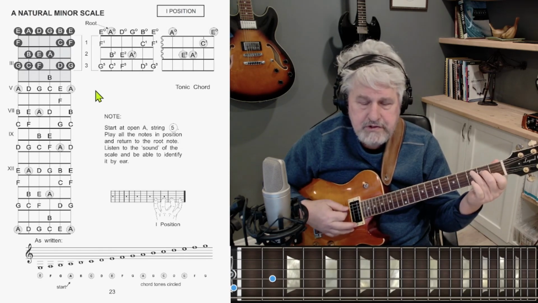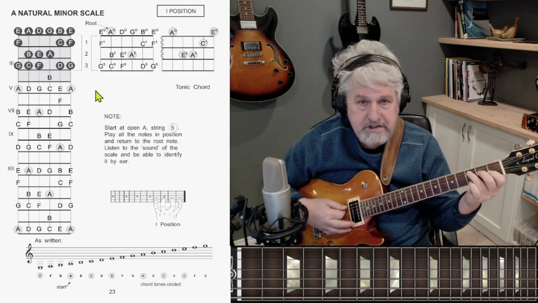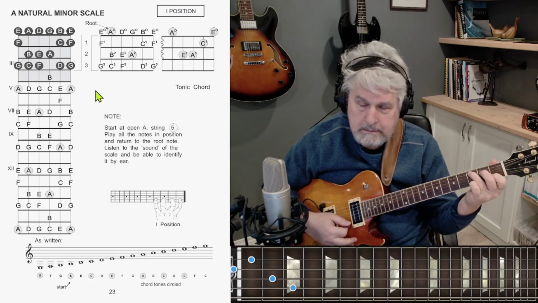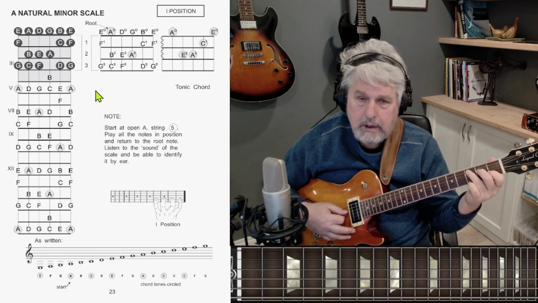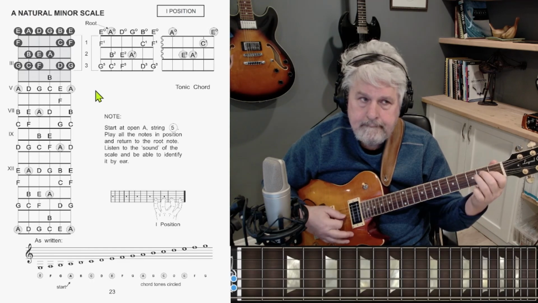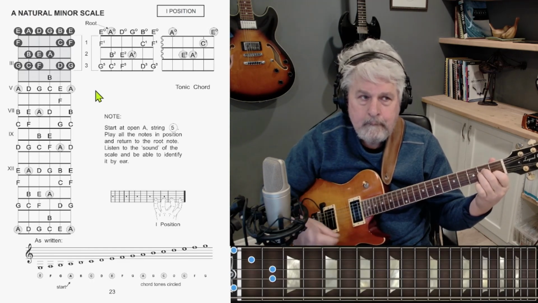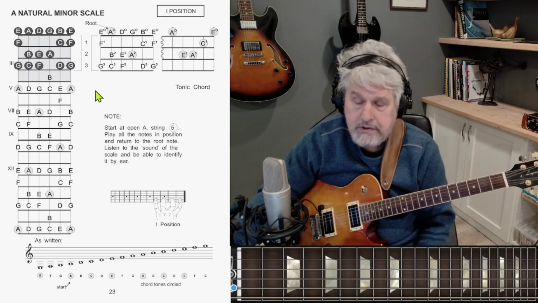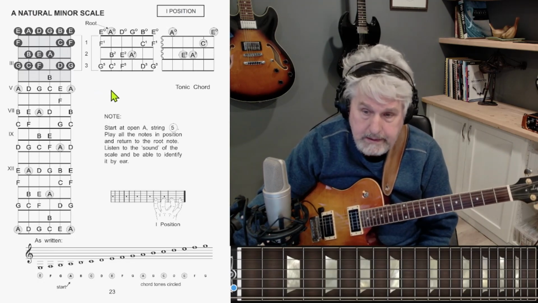If I played it as a C major, I would play it from the C tonic. Right? But today we're looking at natural minor scales, or Aeolian modes, and how they relate to